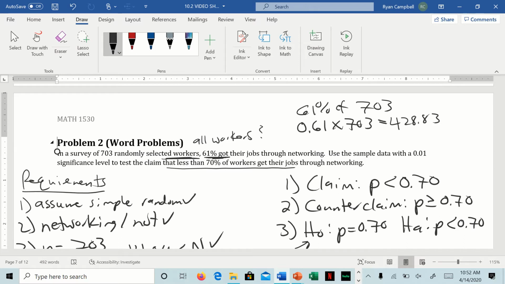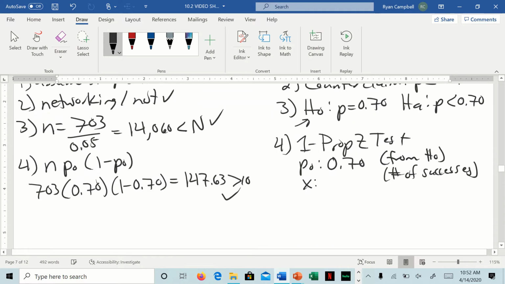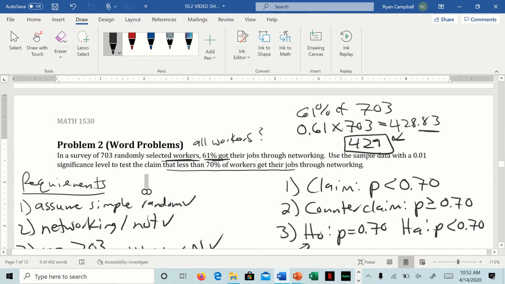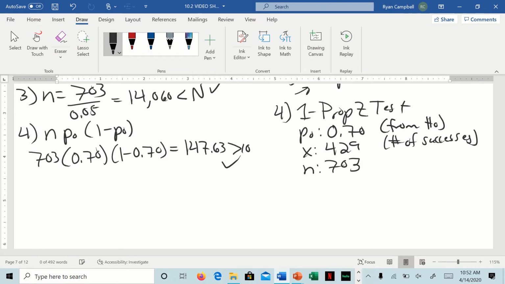But since you can't have 0.83 of a person, you need to round that as normal to 429. Do as I do, not as I say. Good, so that's 429. If you put a decimal inside this, you will get an error, right? Do not put the decimal in. It needs a whole number. N, we already said, was 703. And then the proportion, right? This comes from